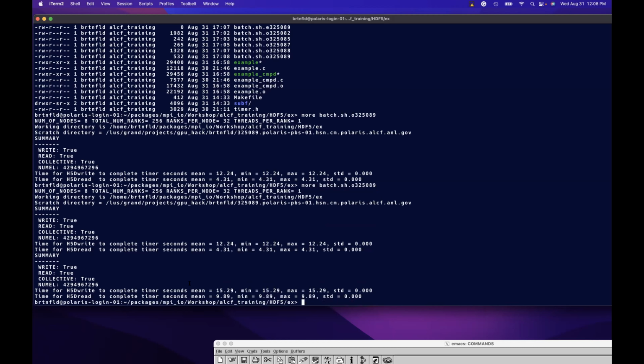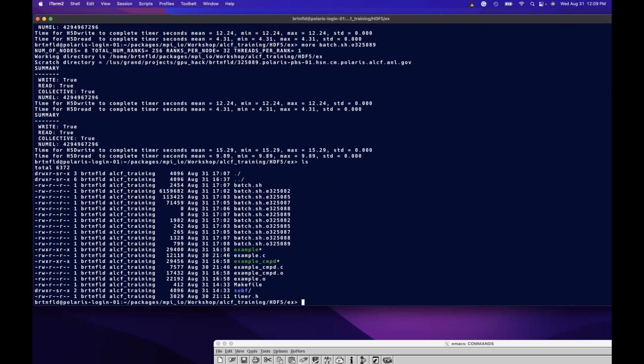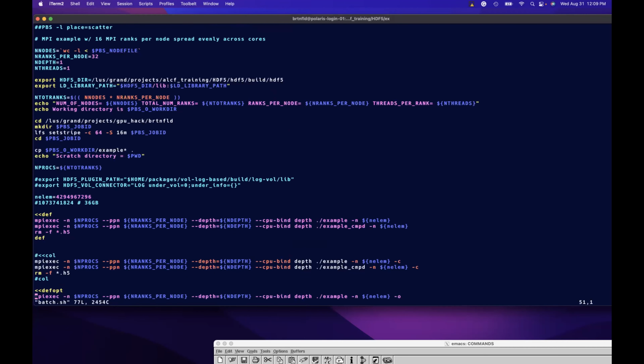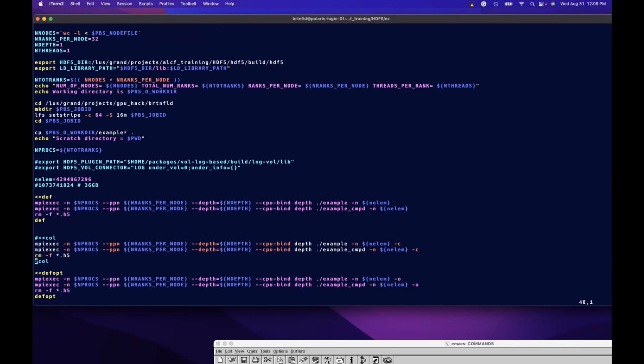Or if you use a compound type, it actually is still worse with collective for both reading and writing. So for this case, collective doesn't perform as well. Then if we go to